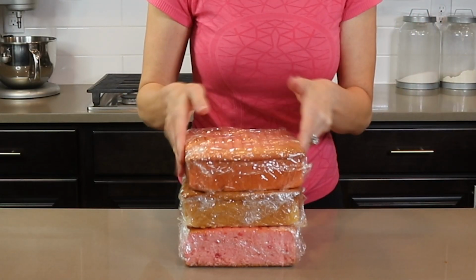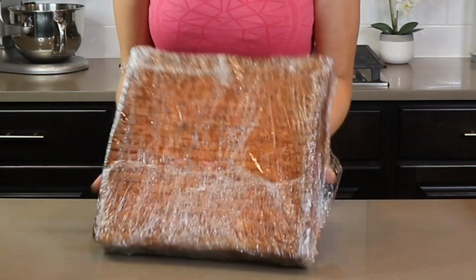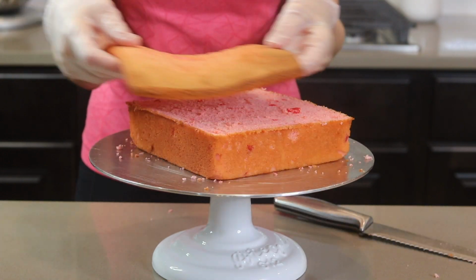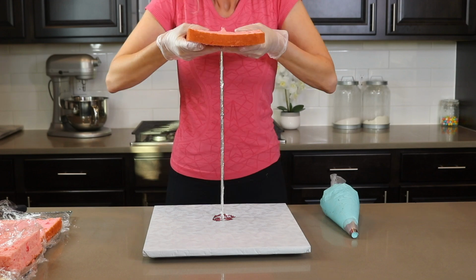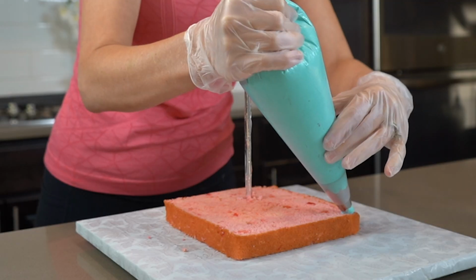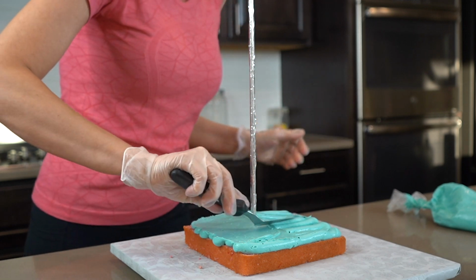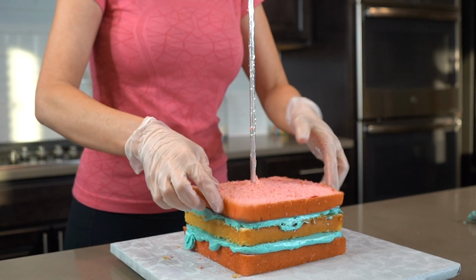Alright, here I have 6 7-inch square cakes, and I also baked one larger cake, which I did use. This cake today is not necessarily a tutorial, but more of me just showing you how I made it. Okay, next I'm going to layer up my cake and buttercream frosting. I will typically add 4 layers of cake and 3 layers of frosting, and then I will go ahead and